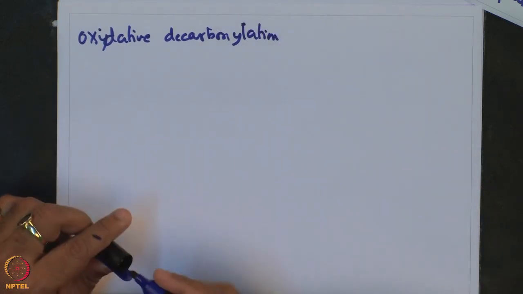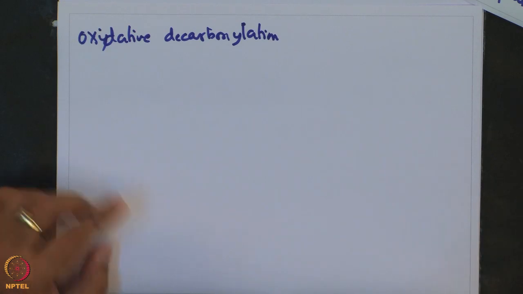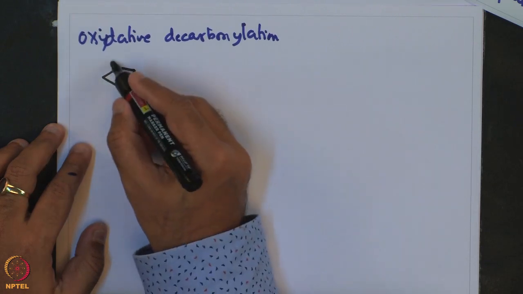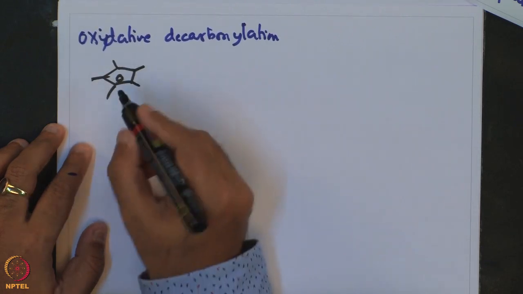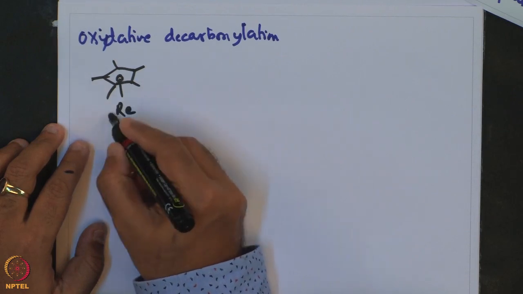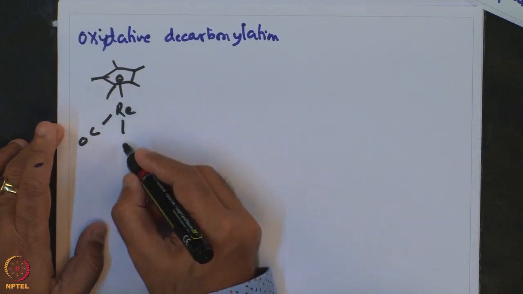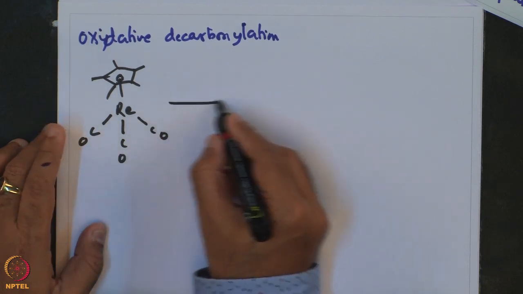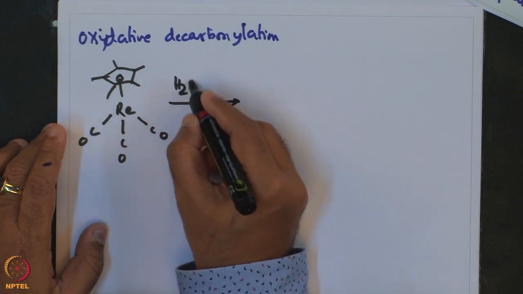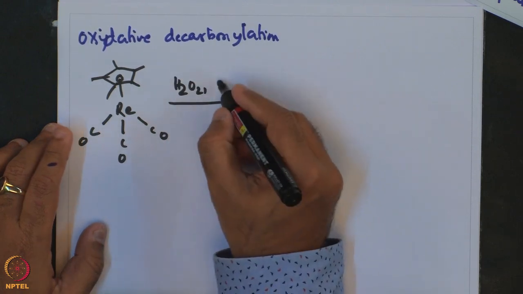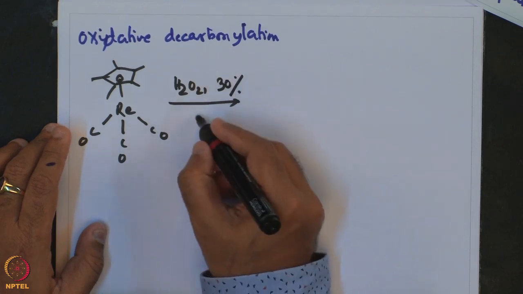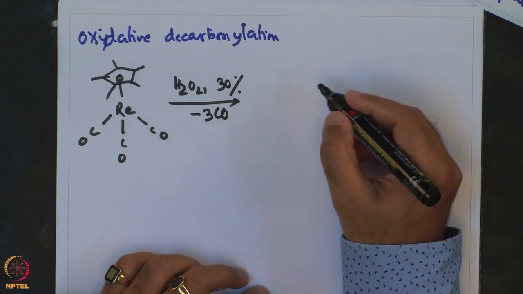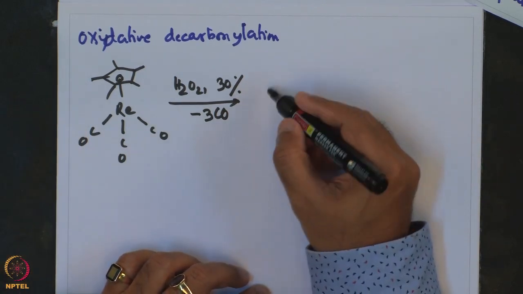The reaction involves the reaction of Cp star rhenium tricarbonyl reacting with hydrogen peroxide 30%, leading to elimination of 3 carbonyls